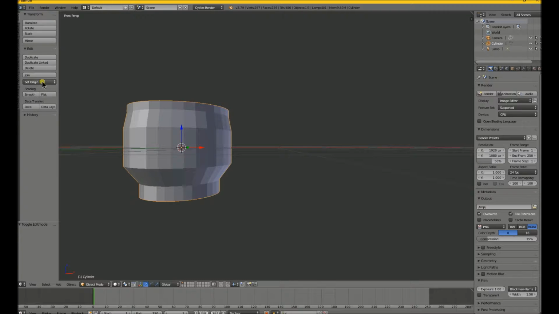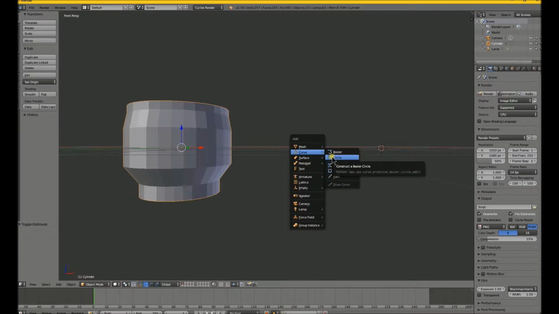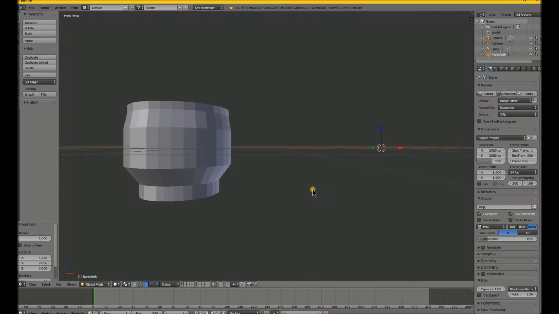Starting to take shape, Mini G. Yeah, but you just need the handle. That's right. So now I'm going to just create a point over here with my right click, and I'm going to get up my add menu, which you can access from down here, but I like to just press Shift A, and I'm going to say curve path. There we go, curve and path. Now I'm going to go to edit mode,